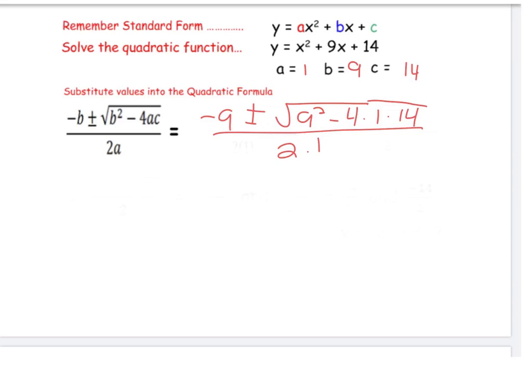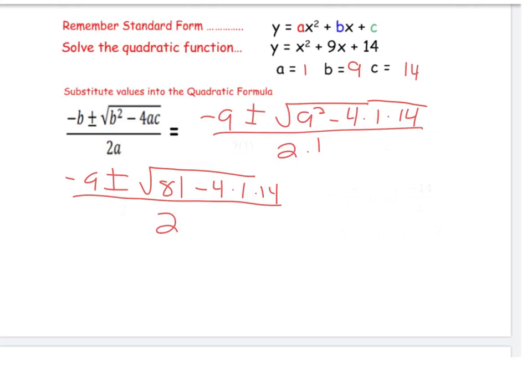So I can start simplifying this now. I have -9 plus or minus the square root. Underneath the square root sign, I have a lot of stuff going on. I have exponents, subtraction, and multiplication. I would do exponents first. So I have 81, because 9 squared is 81, minus 4 times 1 times 14. And I can simplify my denominator as we go. 2 times 1 is 2. So then I would have -9 plus or minus the square root of 81, and then whatever is left underneath my square root sign,